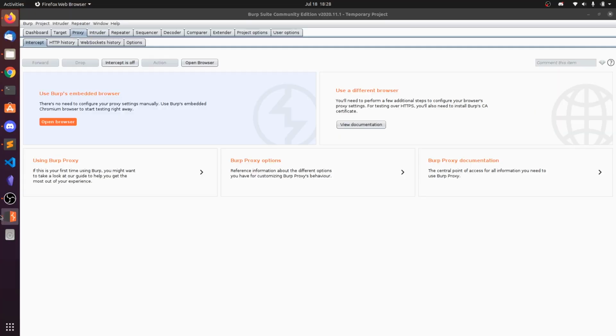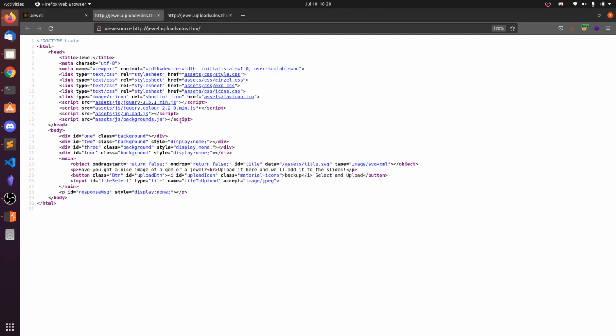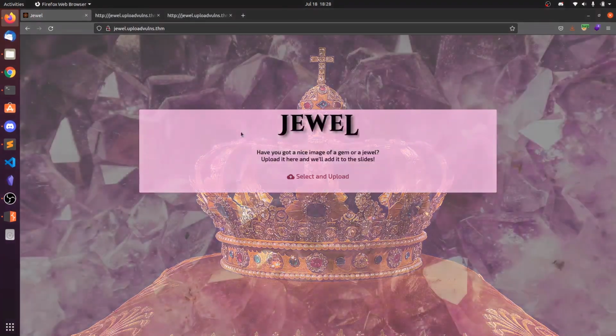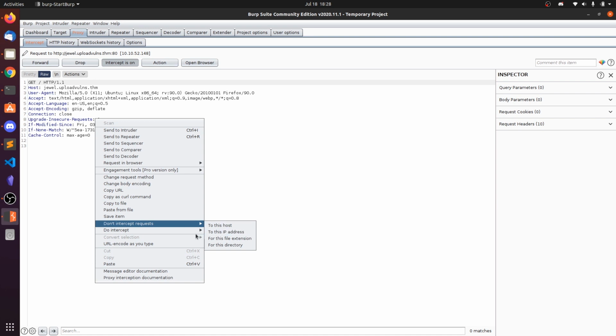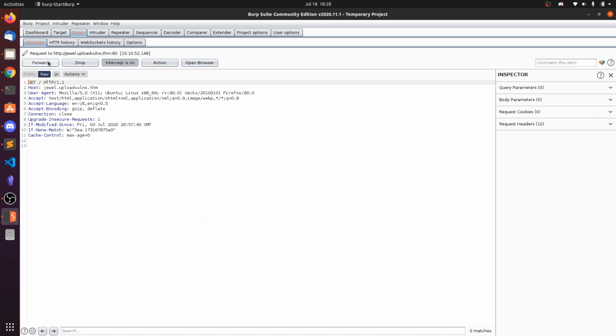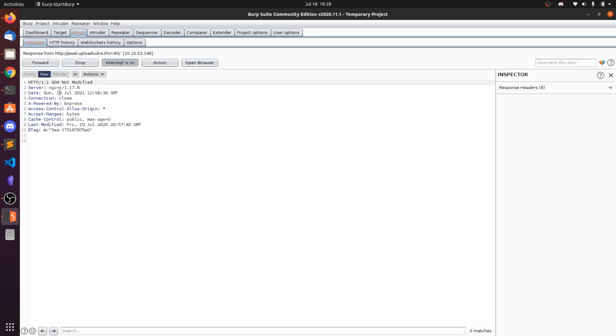Now intercept on, we are going to remove this JavaScript file here. So refresh again, and now right click, intercept the response, forward, and you can see 304 not modified.